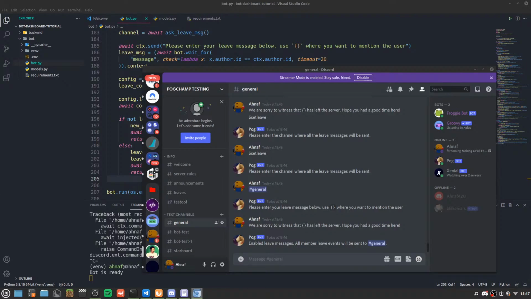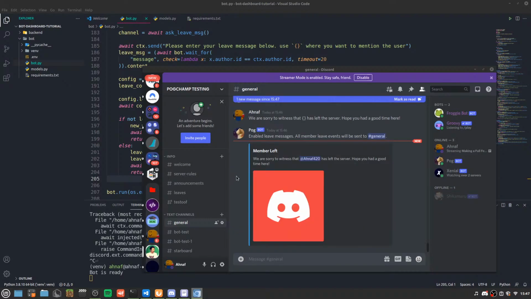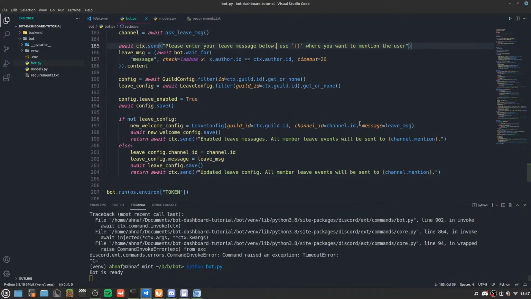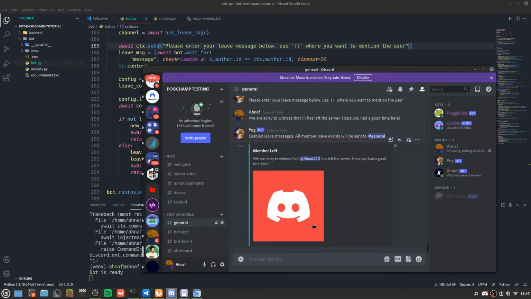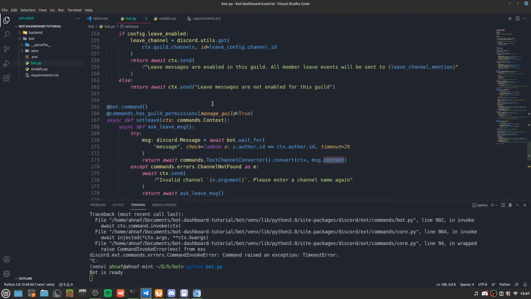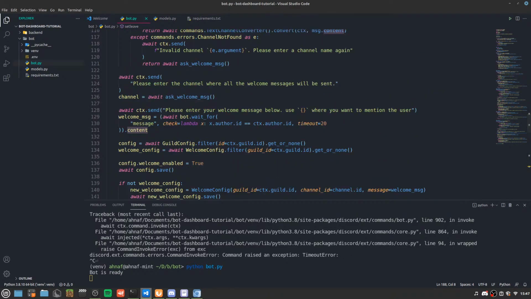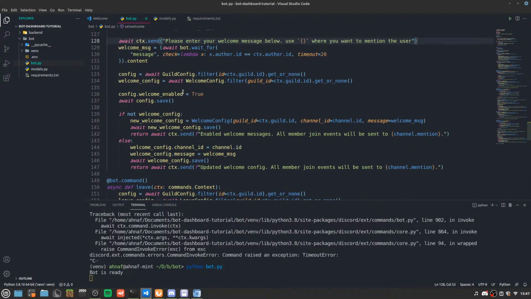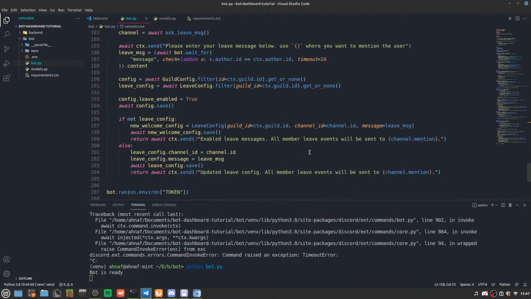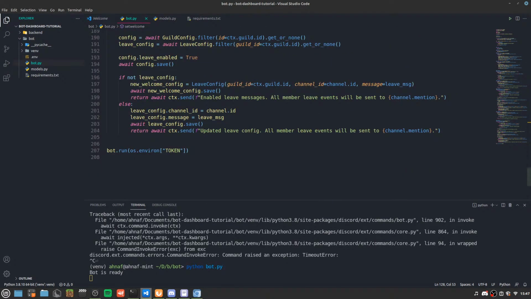Great. Now I'm gonna leave that server with my old account. It should say that I have left the server. Okay, so it is working here. Great. So we have working welcome and leave messages. So this stream was only for the bot part. In the next stream, we're going to be starting with the front end as well as some of the back end. But one thing I'm going to do before I stop this stream is separate everything